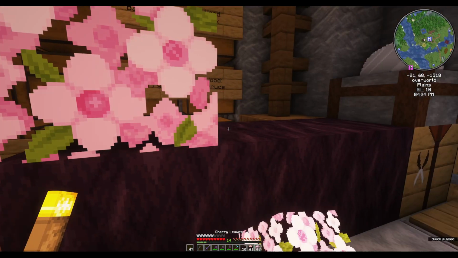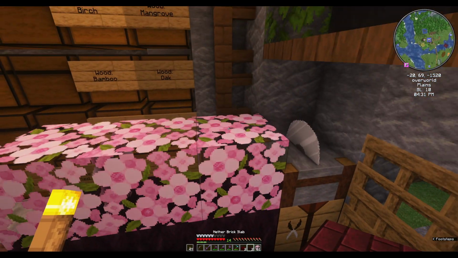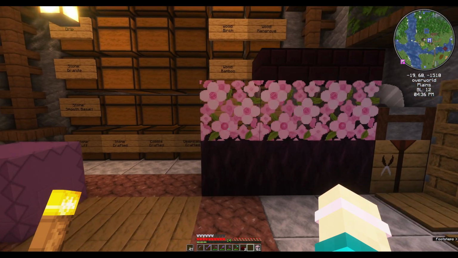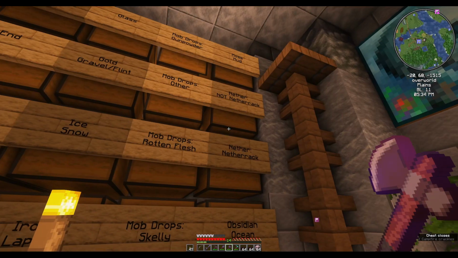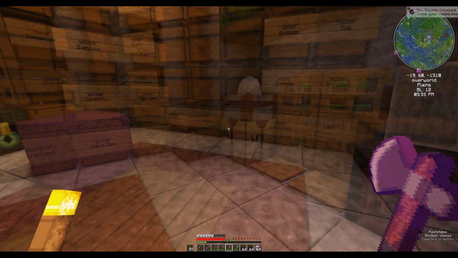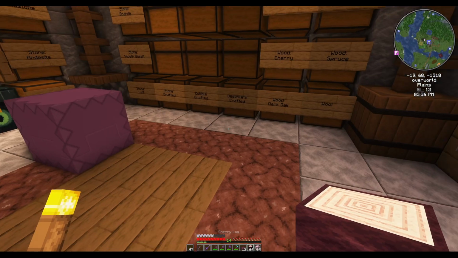So the plan was to go like this, like this, and then like this, and voila. But what does that look like? Nah. Now another option would be to use the crimson stem, which also looks nice with it. So another option would be like